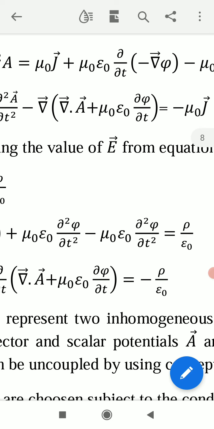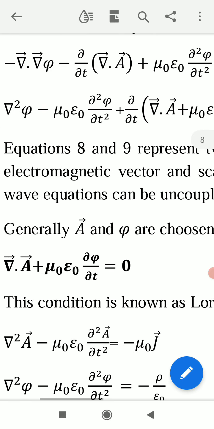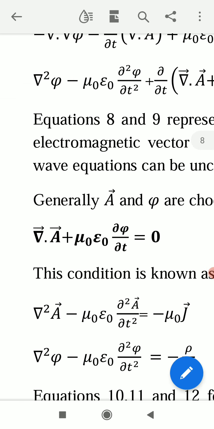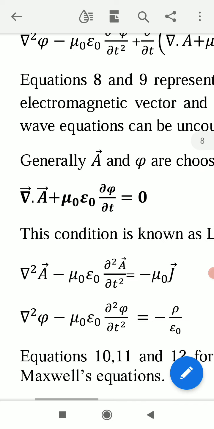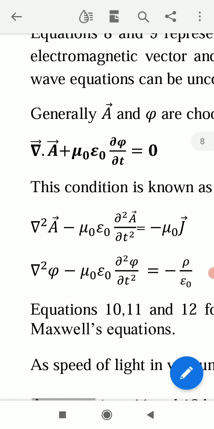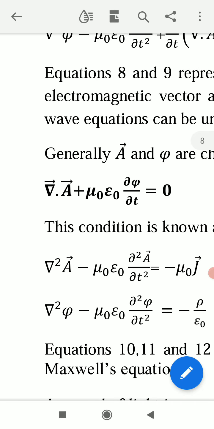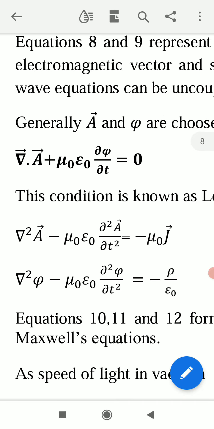If we put this equal to 0, then these two equations become very simple. So this condition, del dot A plus mu 0 epsilon 0 delta phi upon delta t equal to 0, is known as Lorentz condition, and if we apply this condition, then the above two equations